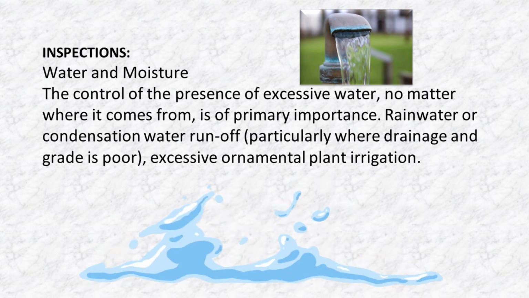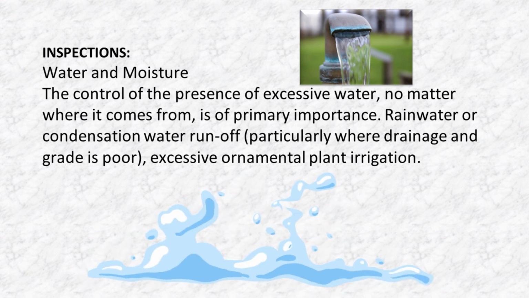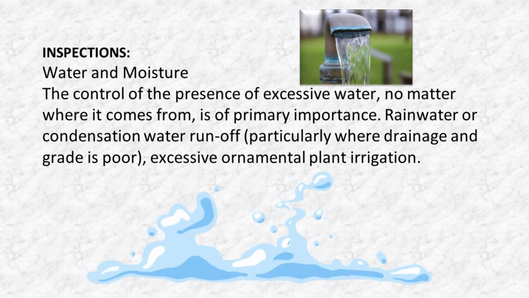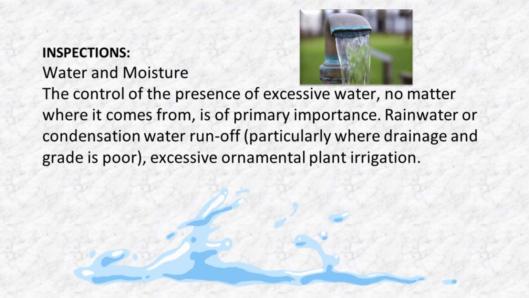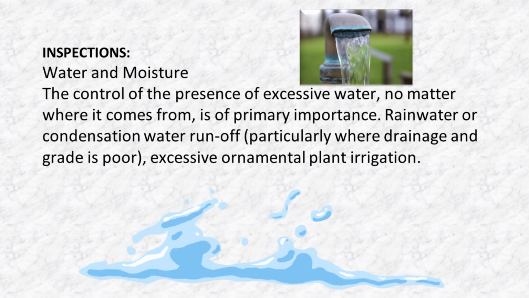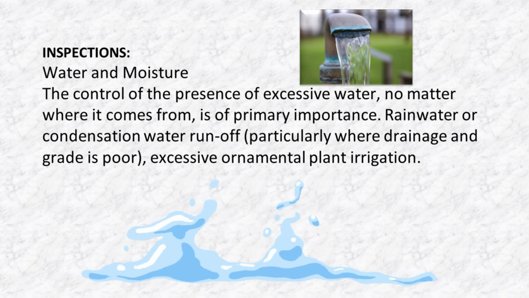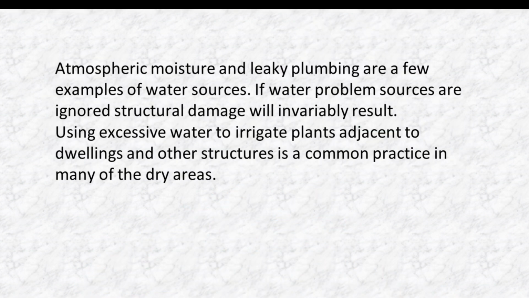Inspections, water and moisture. The control of the presence of excessive water, no matter where it comes from, is of primary importance. Rainwater or condensation water runoff, particularly where drainage and grade is poor, excessive ornamental plant irrigation, atmospheric moisture and leaky plumbing are a few examples of water sources. If water problem sources are ignored, structural damage will invariably result. Using excessive water to irrigate plants adjacent to dwellings and other structures is a common practice in many of the